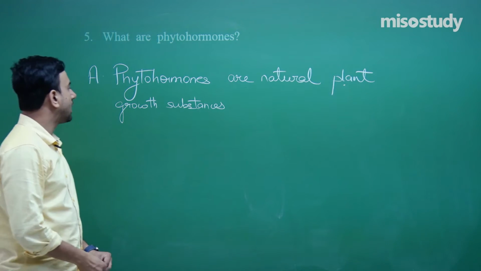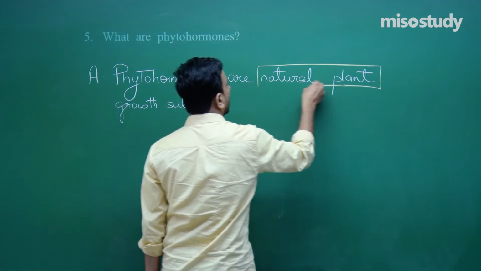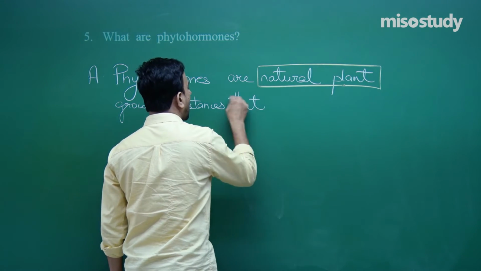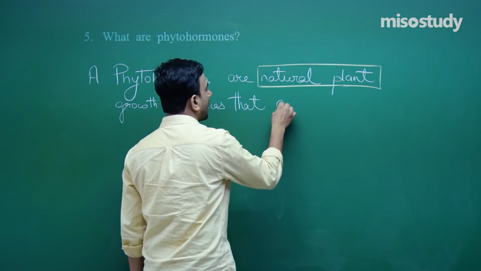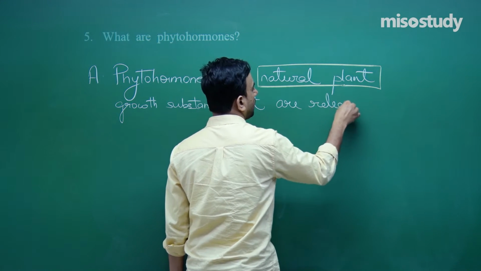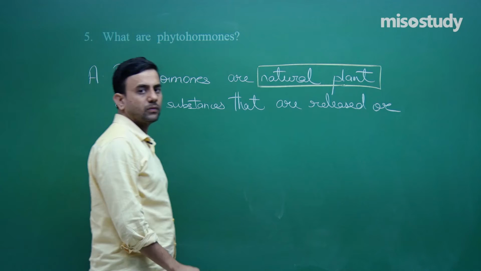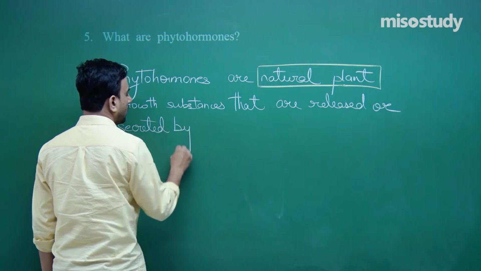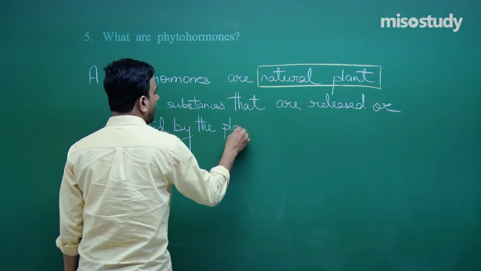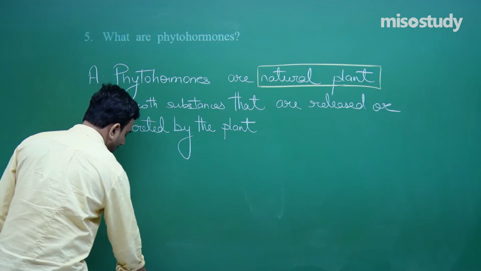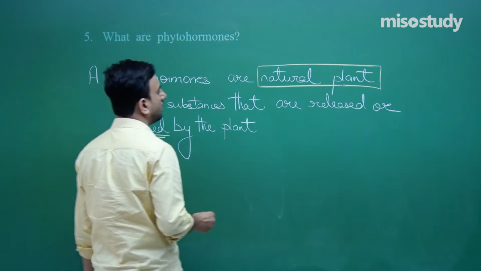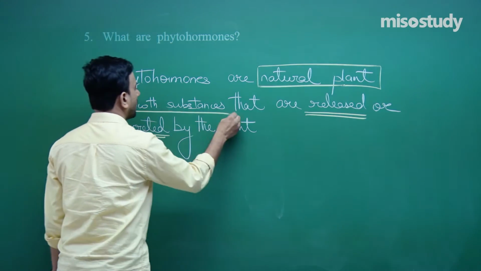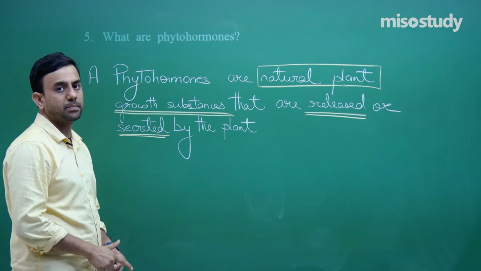So, phytohormones are natural plant growth substances that are released or secreted by the plant. So, phytohormones are natural plant growth substances that are released or secreted by the plant,